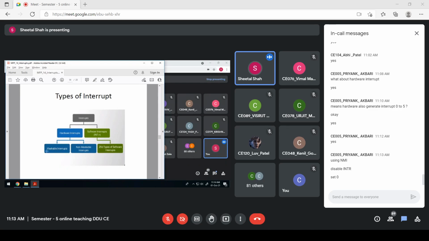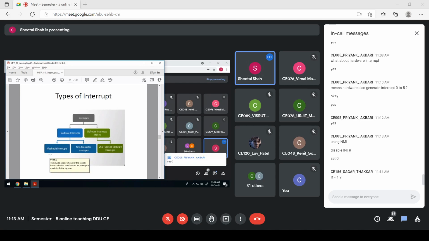How will you enable or disable? Interrupt flag, yes, very good. There is one interrupt flag in the flag register. If I make it 0, that means no interrupt coming at the INTR pin would be processed. Are you getting this? Whereas if it is set to 1, then we can process the interrupt generated at the INTR pin.